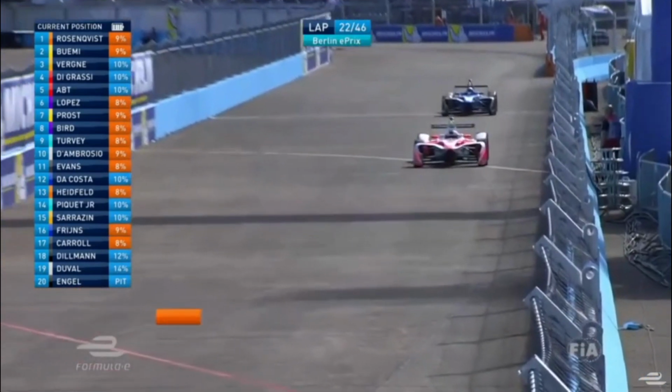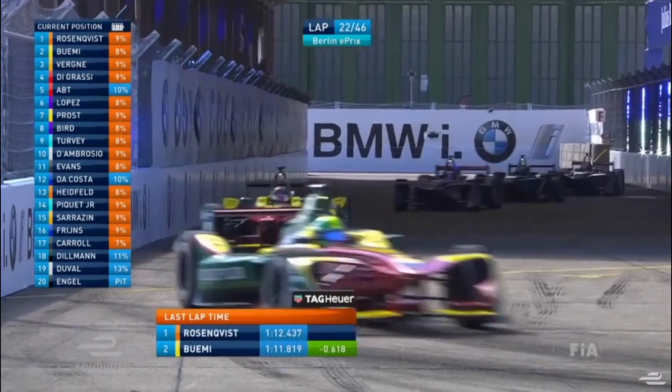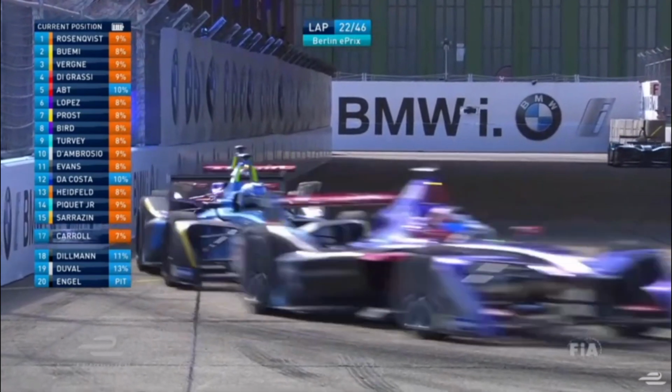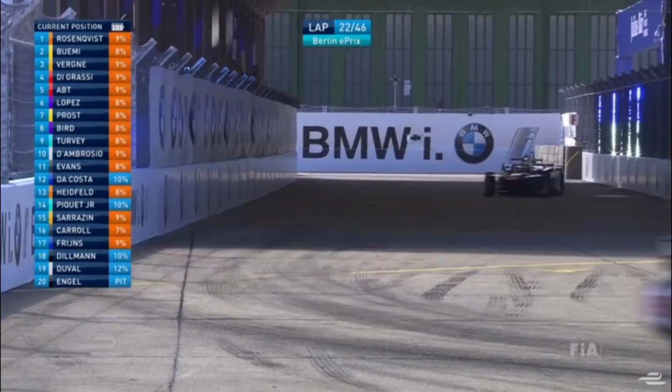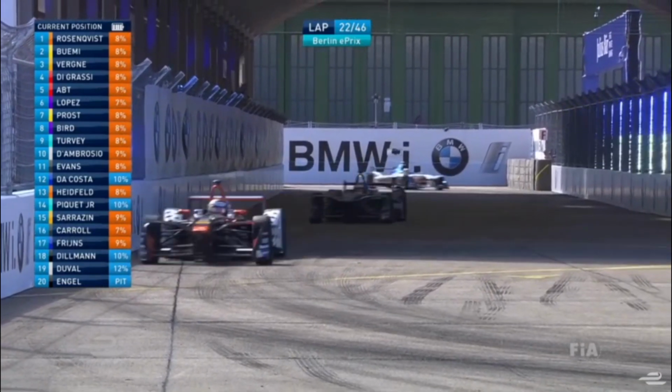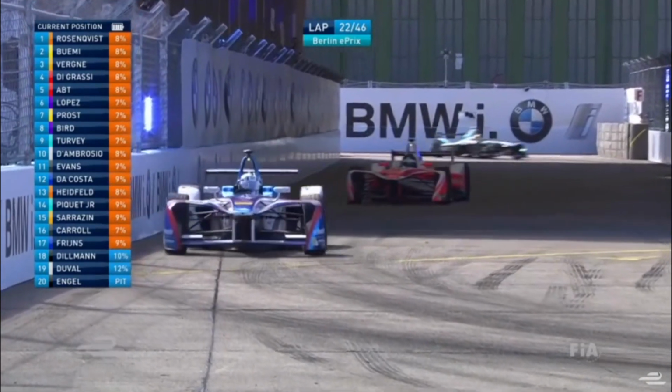We guesstimate, don't we? We expect that much of the field will come in after 23 laps, because that's the halfway point of what is going to be the longest Formula E race in its history so far. We're going to be close to an hour. The rule is an hour plus a lap, and if there's a safety car, yeah, we're going to have a...